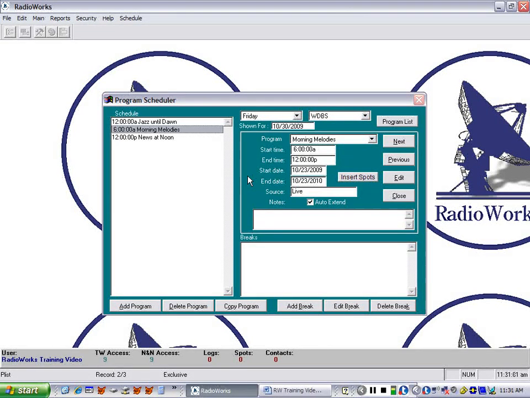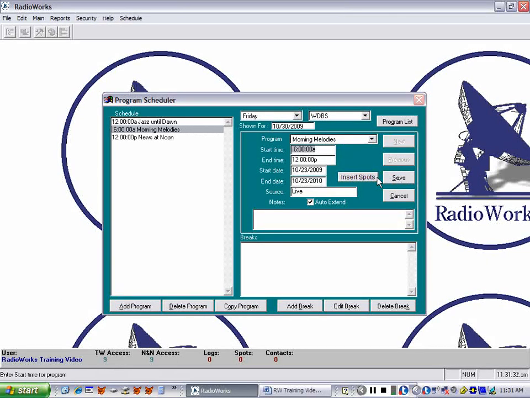So if you prefer, you can change this to a 1-hour program from 6 to 7 and then copy it after you've put the breaks in, so that you have a schedule with the program 6 times running from 6 a.m. to noon. You don't have to do it that way, but I just thought you might be interested in how you can speed things up. So what we're going to do, first of all, we'll edit the end time, and instead